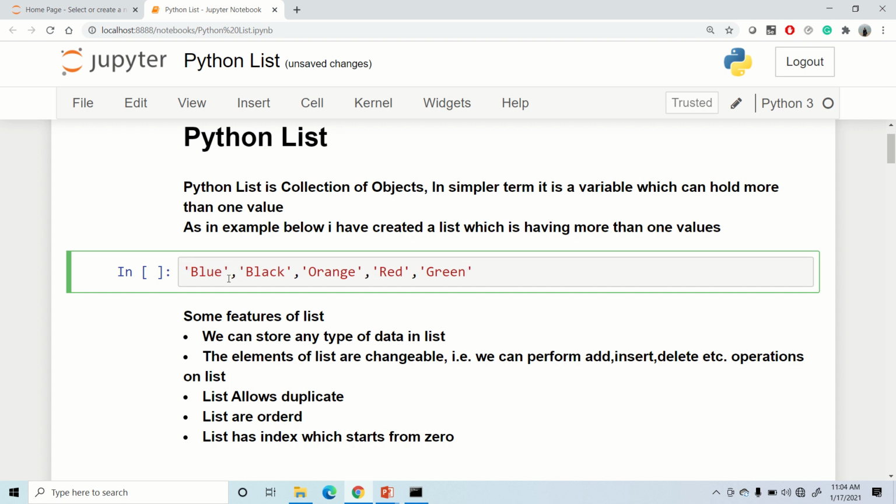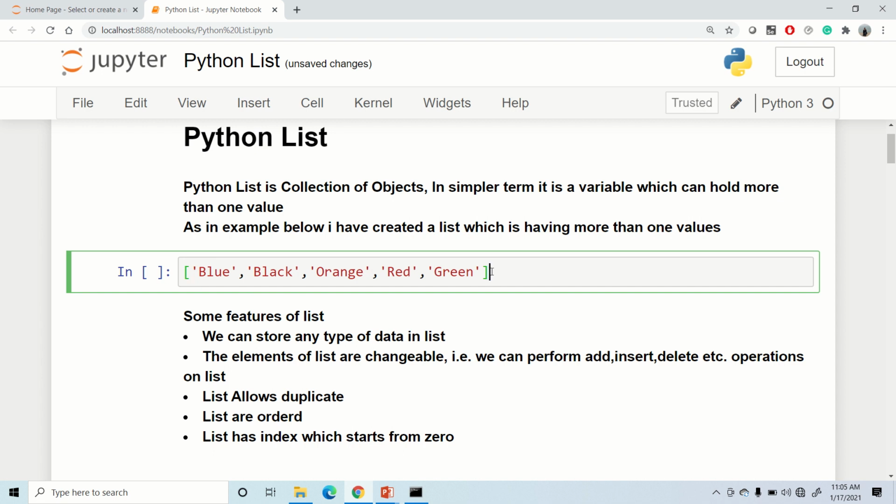So for this purpose we can create a Python list here. In order to create a list we make use of these square brackets. If you just type the first one, the other one of the pair would be typed automatically by Jupyter notebook. So we make use of these brackets, and all the elements should be included in them. The individual elements like blue are separated by comma from the next one. So we can see all the elements are separated by comma.